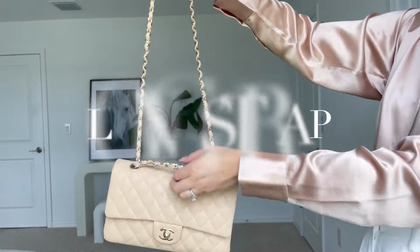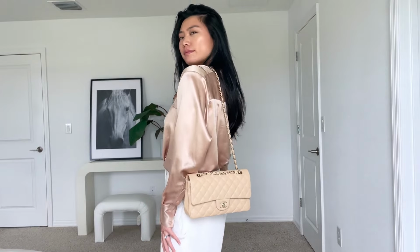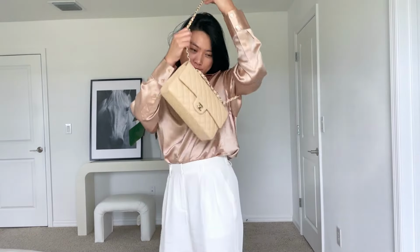The third way I like to wear it is by extending the strap closest to my body and wearing it over the shoulder. But sometimes it can feel even a little long on my 5'7" frame. So